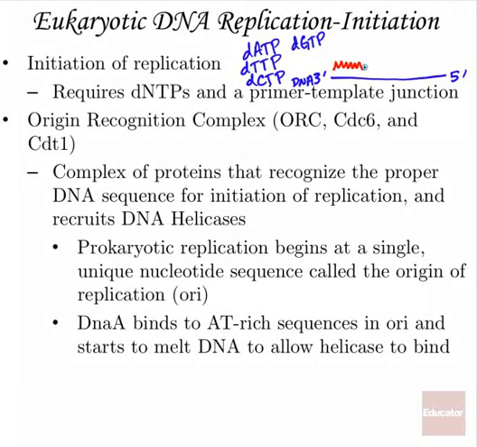Now this is going to be the 5' of our RNA. This would be the 3', okay, and it has an OH. So that's our 3'. And what we need is this primer template junction so that the incoming nucleotide can join